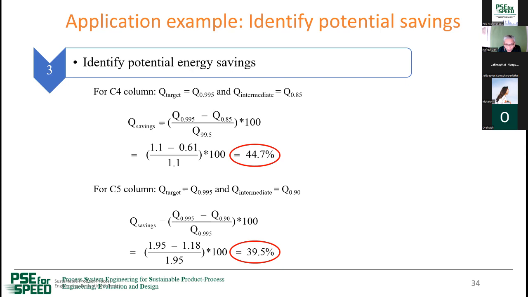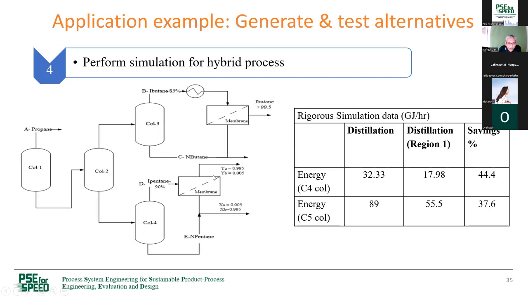Then it is a good idea to find out whether a membrane can be found to do the separation that we need. That could be found, and the membrane will take out the N-butane here and the N-pentane here, so that we get pure isopentane and pure isobutane. And it turns out that if we take the profit and use the profit back, we pay back this one within 3 months, and we pay back this one within 6 months.